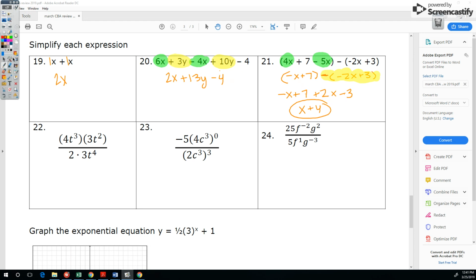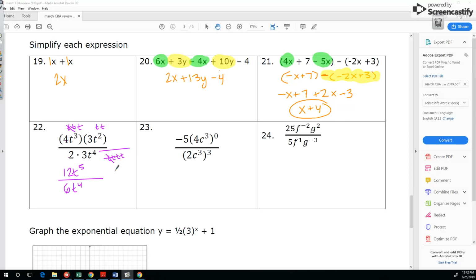Okay, getting into my exponents. So when I have an exponential expression, I want to take all the coefficients and just multiply and divide them like a normal problem. So 4 times 3 is 12. 2 times 3 is 6. With my exponents, t to the third power really means 3 t's. t to the second power means 2 t's. So adding those together, I have 5. I have 4 in the denominator. So again, if I have these 5 in the numerator, and then I have 4 in the denominator,